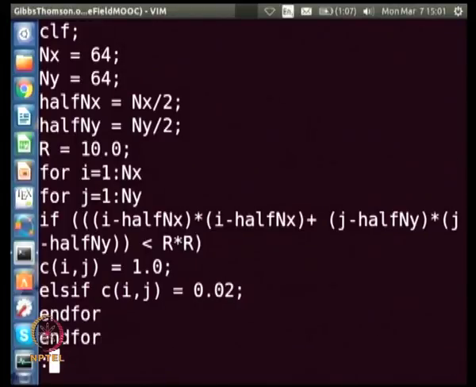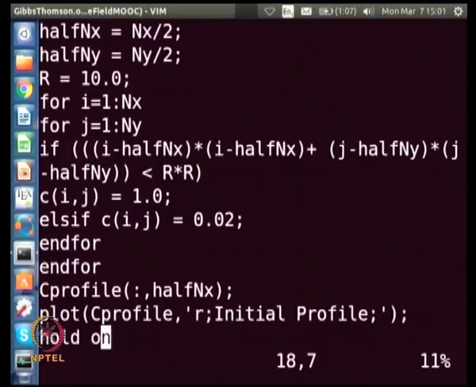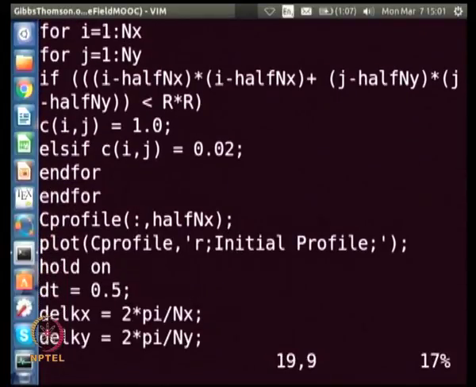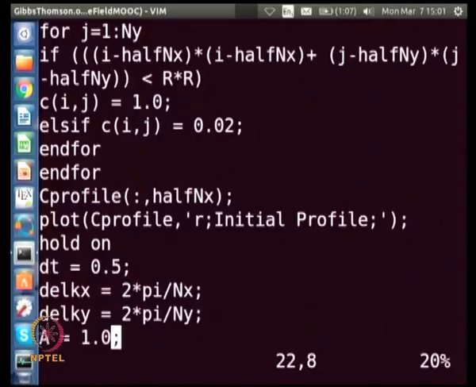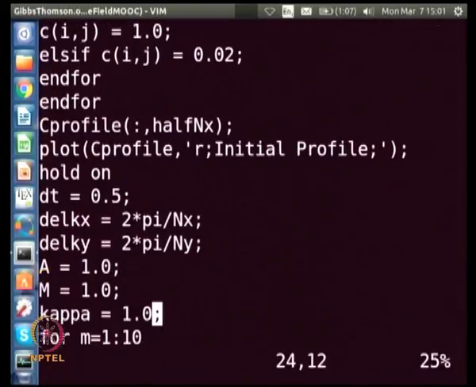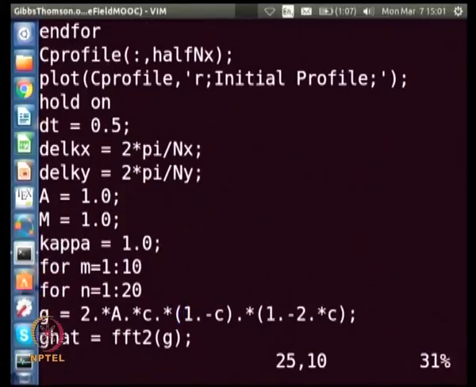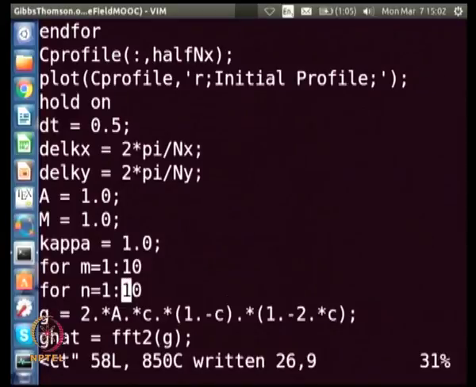Okay. So, after that we plot the initial profile, we say hold on, and this is the time increment, and these are the reciprocal space points, A, m, kappa, they are all 1. And then we are going to run for about 200 steps. I think I will make it 100 steps, okay.